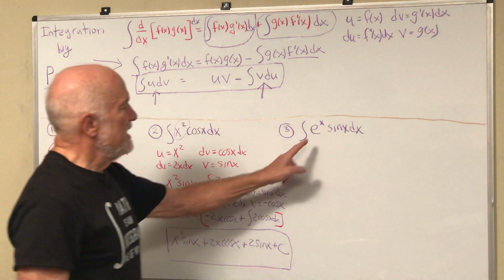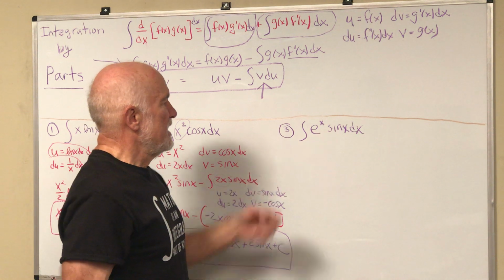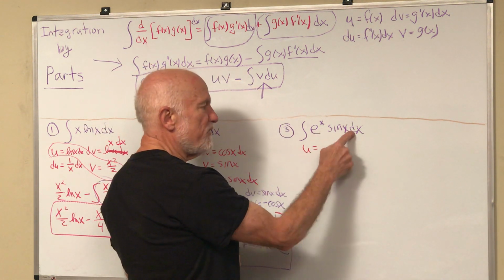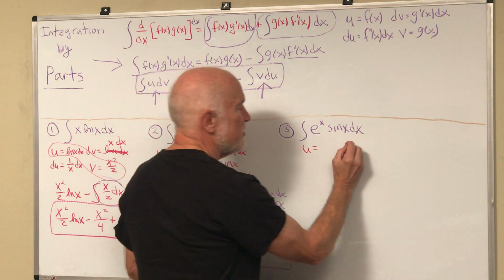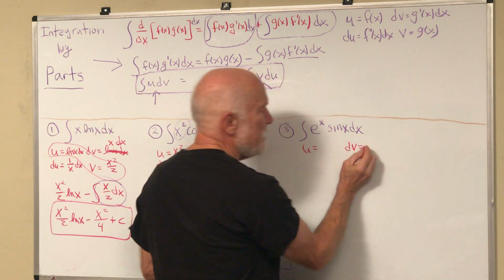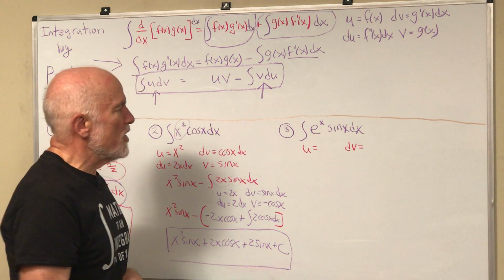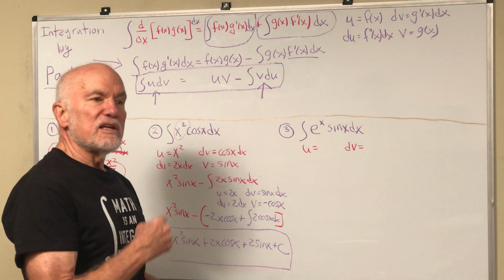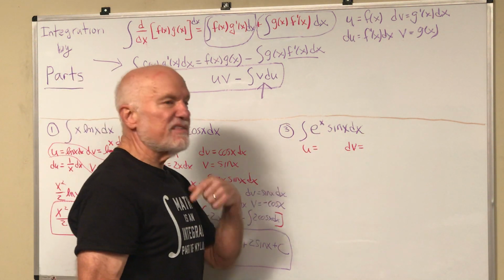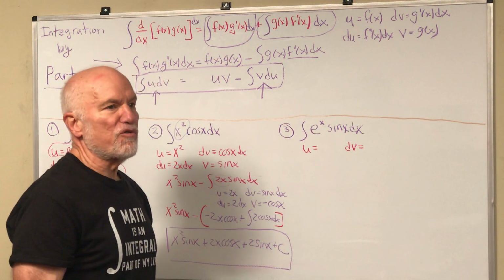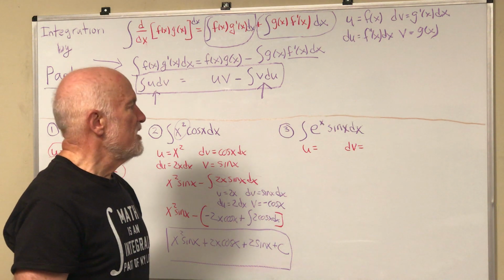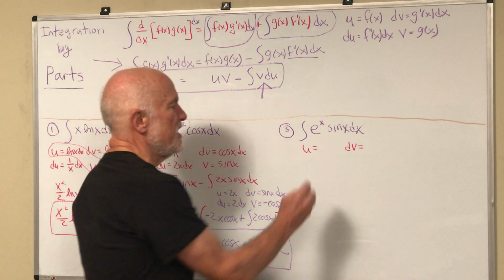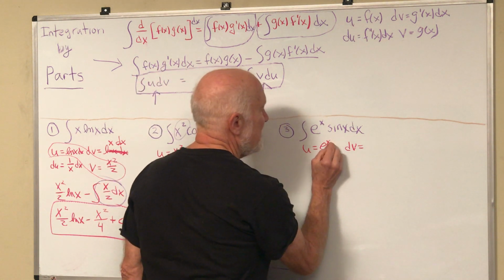Okay, try this one. It's a function times a function, so it very well could be that parts is going to work. Now I'll tell you right now, we know how to take the derivatives and the antiderivatives of both of those without too much trouble. So it really doesn't matter which way we go. Either way would work out. So I'm going to pick e to the x